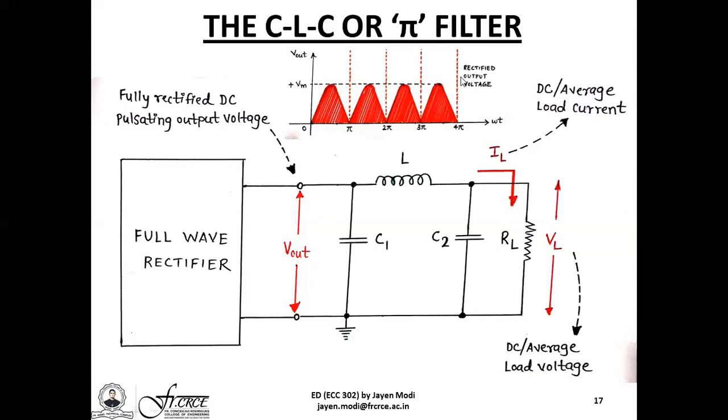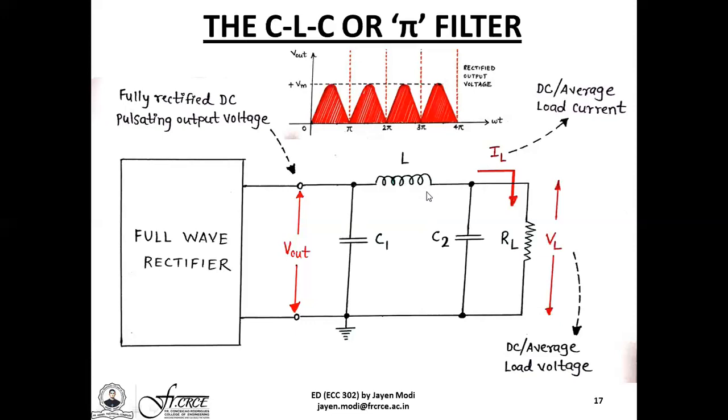Now, when we have the rectified output voltage, which is of course pulsating DC, containing both a DC component as well as an AC component appearing at the output terminal, capacitor C1 immediately swings into action. Whatever is the AC component is directly bypassed down to ground because the capacitor C1 offers a very low reactance to AC, but it allows DC to proceed further. So the DC component can easily proceed through the inductor L because the inductive reactance is extremely small for DC, but it is very, very high for AC.